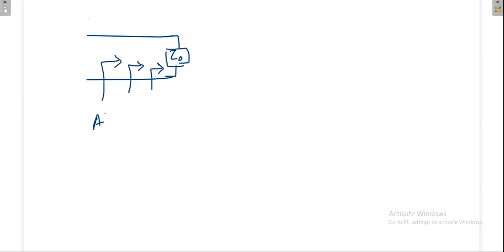When you have a transmission line like this, you terminate the transmission line with Z0. Then you try to measure the impedance here, or at the source end, it is always Z0 only. So whenever you terminate your transmission line with Z0, you measure the input impedance anywhere on the transmission line, that input impedance is always Z0.